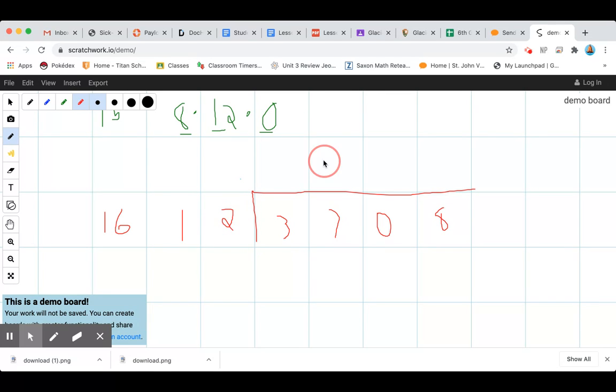12 goes into 37 3 times. Then we multiply. 12 times 3 is 36. 37 minus 36 is 1. We bring down the 0. 12 does not go into 10, so we're going to put a 0 there. And then you continue the process until you have a whole number, a quotient. I am giving it away, though, that's a whole number. So